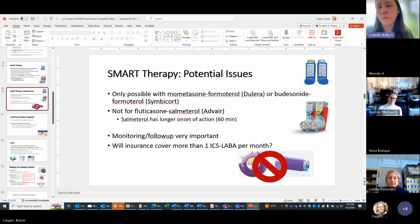So if you may be wondering why someone isn't on this plan, it may be because we just haven't tried. It may be patient preference. And it may be an insurance issue just for practical reasons, because these medicines tend to be more expensive. Some insurances do still have a limit of 1 per month. And sometimes if kids are on daily doses, we can stockpile a bit and have them fill a bit early. But sometimes it really is an issue that the copay per inhaler is quite a bit higher,